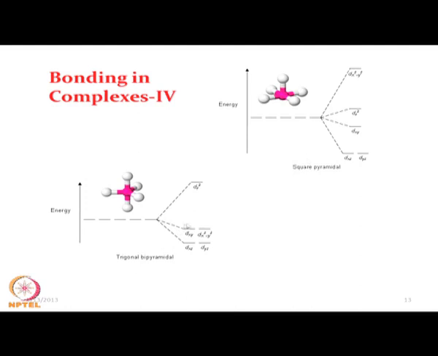We should also be able to write the same nickel electronic configuration in trigonal bipyramidal geometry. So, we should be careful while writing this electronic configuration about which level is vacant. Here dx square minus y square is vacant, here dz square is vacant. So, we should not put any electron in the dz square level or the dx square minus y square level while writing the corresponding metal complex having a coordination number of 5 in these two geometries.